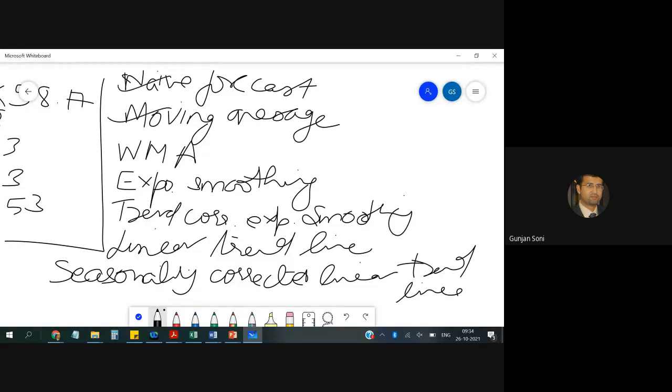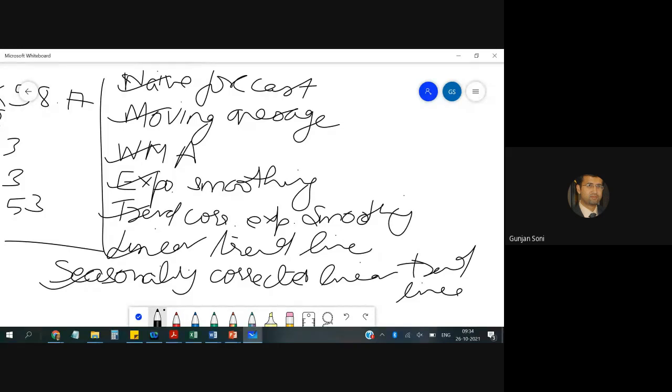So we have done 1, 2, 4, 5, 6, 7 types of forecasting techniques. And we have also learned how different values matter: if you're doing weighted moving average, what is the effect of that? If we are using only alpha in exponential smoothing, and if we are using alpha and beta, what is the effect of that? So smoothing also we understood.